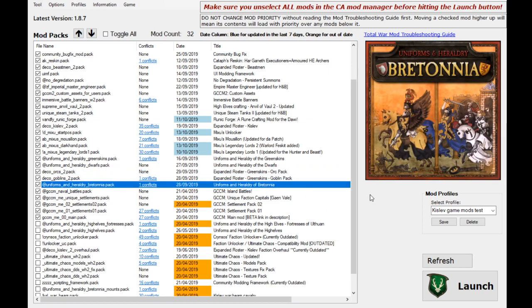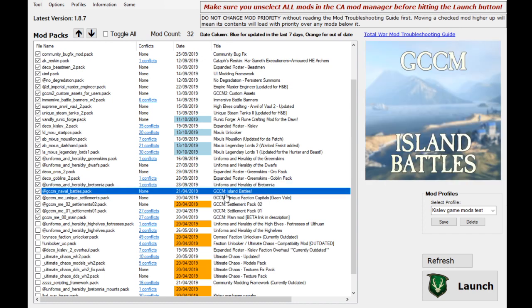Uniforms and heraldry of Bretonnia makes the Bretonnian knights and all that look a bit more interesting. Particularly important for the knights, because on the tabletop, it was common for the knights to be painted in all these different heraldry colors to represent that they come from all these minor fiefdoms all over Bretonnia. So having the variety of color in a Bretonnian cavalry unit was kind of part of the appeal of the faction. Then we have the GCCM mods, which I activated in the